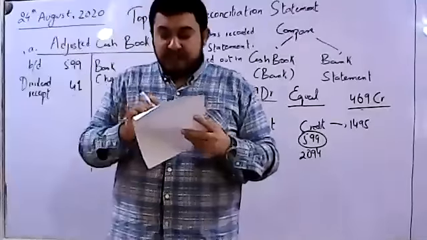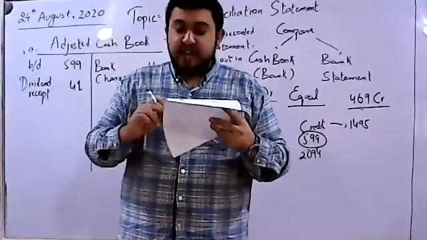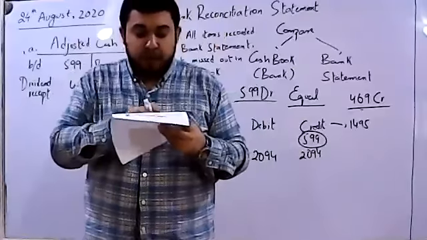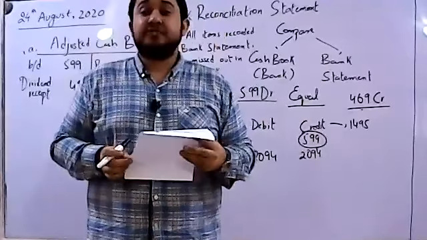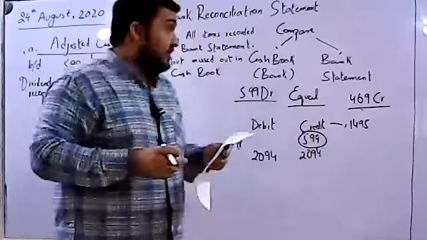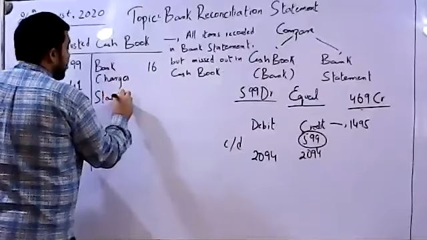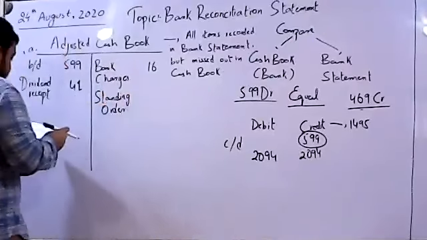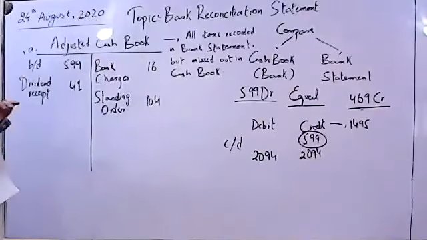Okay. After $16, we have another figure that is 104. And we can see in the cash book, we again don't have that figure 104. And what is that 104? That is MDA Electricity SO. SO stands for standing order. And a standing order is an instruction by us to pay any expense directly from our bank account. So a standing order, after it is found in the bank statement, is then credited into the cash book.